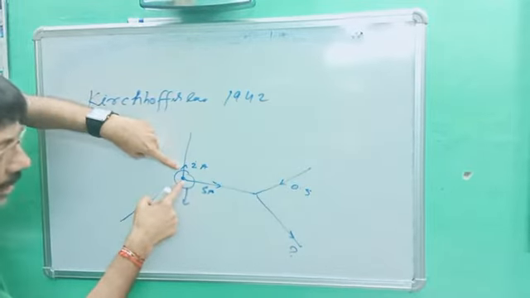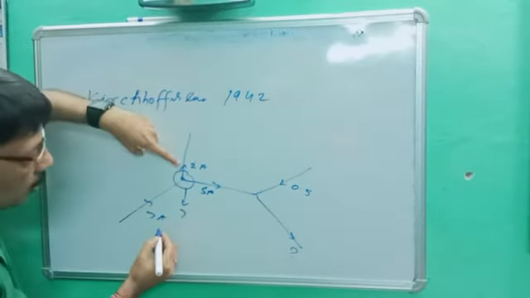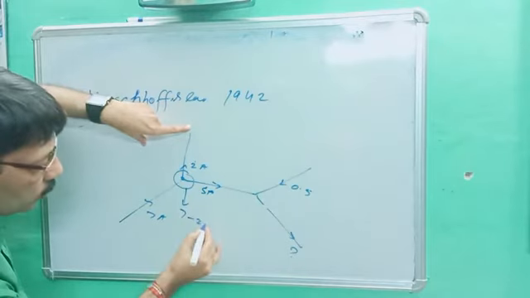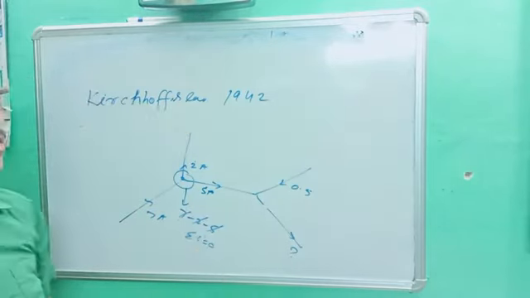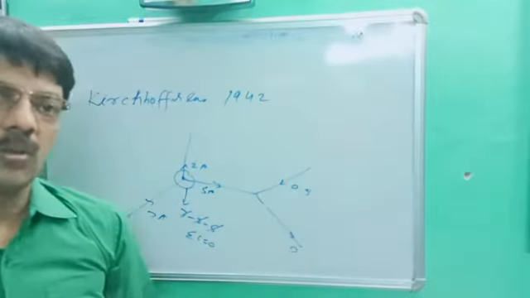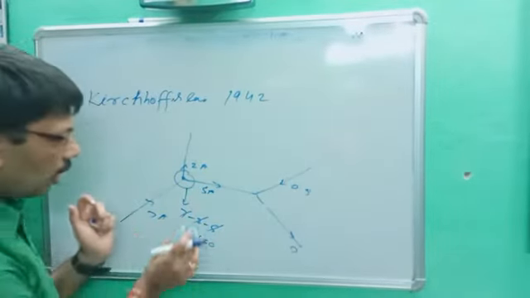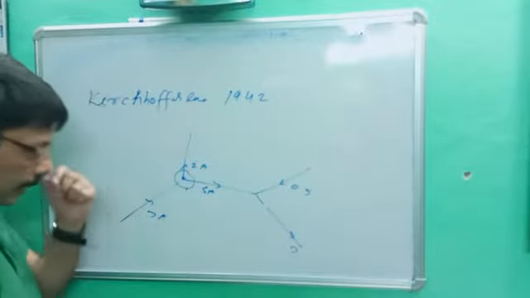What are the total currents on that junction? 7 ampere is meeting, and 2 and 5 are leaving, so minus 2, minus 5, cancel out, and summation of I is equal to 0. Each time you will get summation of I is equal to 0. Are you getting the point? This is all about this one. No need to do all these things, directly you can get the answer.